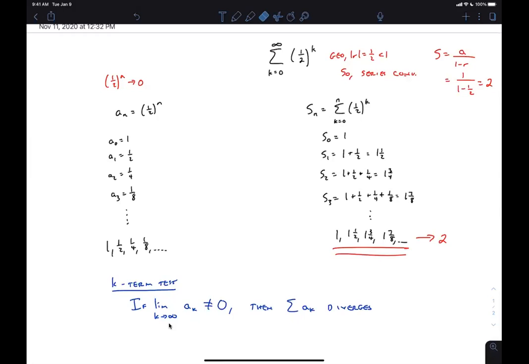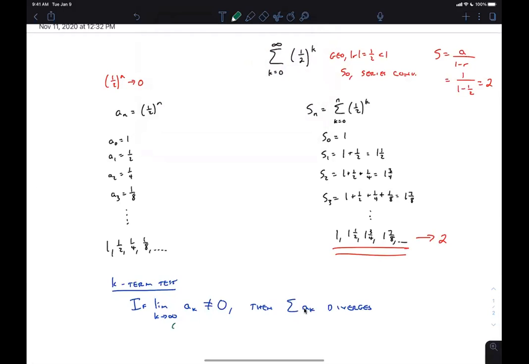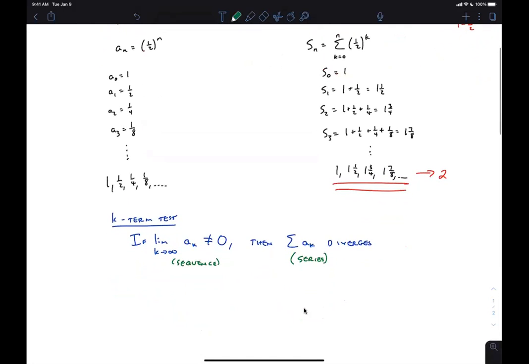So if the sequence does not go to 0, then the series diverges. So this is the sequence over here, and we'll maybe write this in green. This is the sequence. Then the series diverges. Okay, but an equivalent statement to that